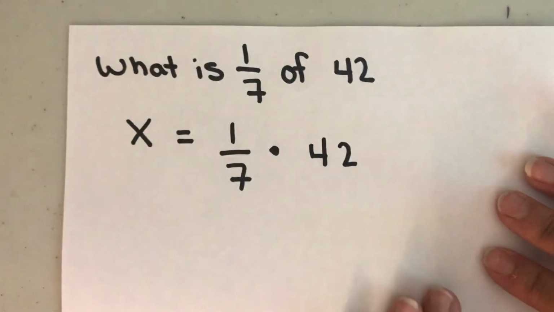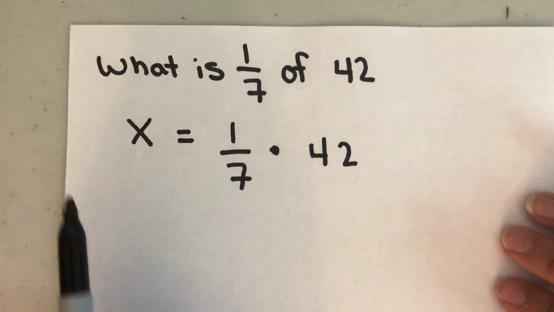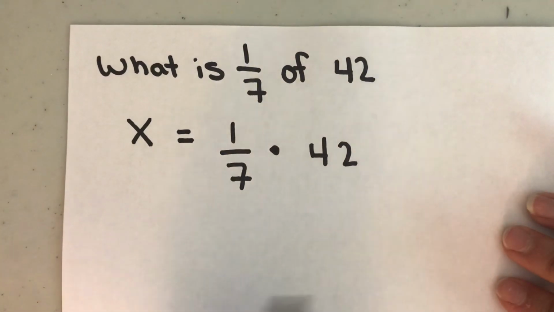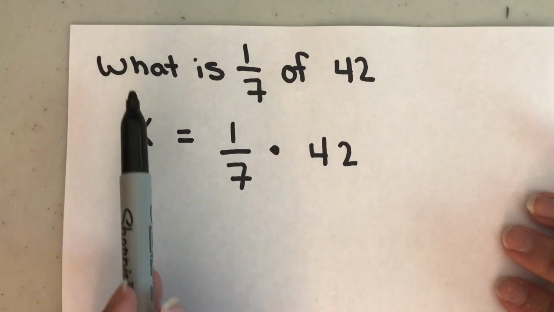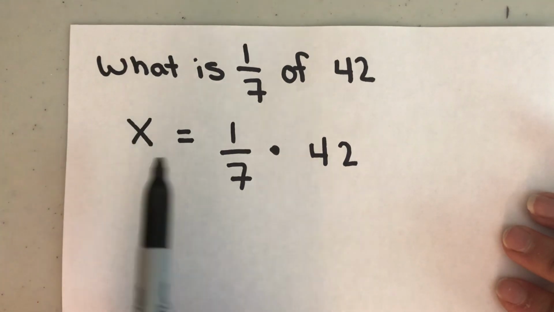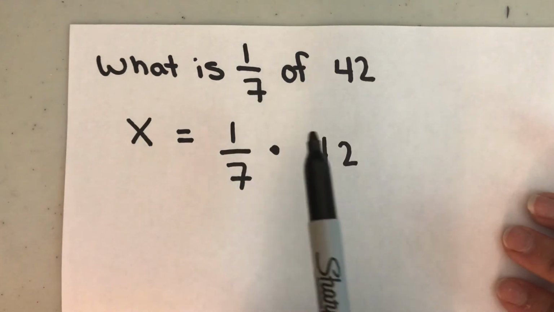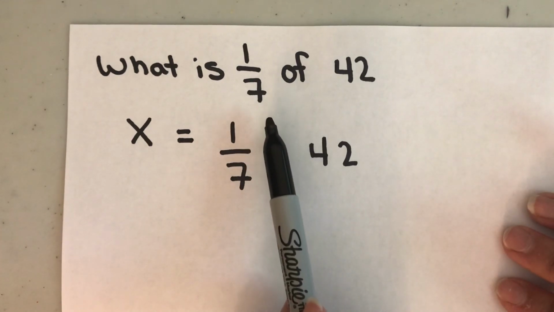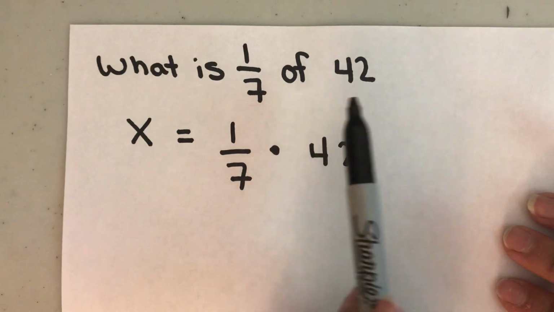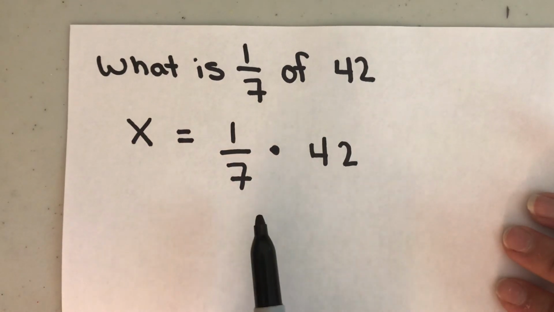42. And this is really what it looks like. You don't have to do this algebraically. I know that we haven't learned that yet. But when you see the word what is, it's like an equal sign. Basically, what I wanted to mention to you, even though the wording may look complicated, all they're really asking you to do here is find 1/7 of 42, which means they want you to multiply